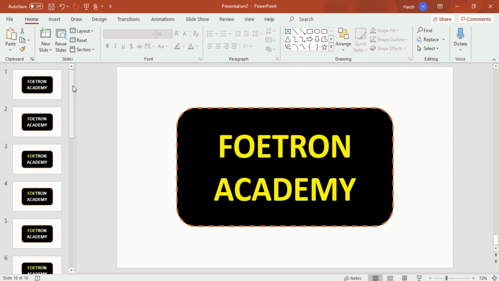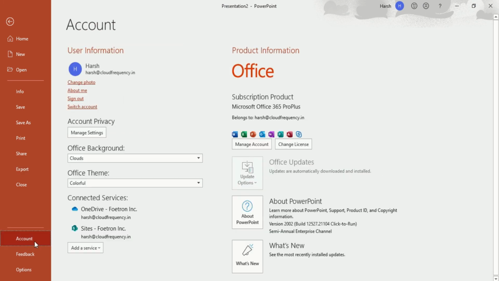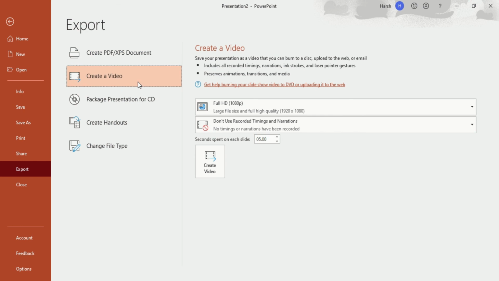So those who work with the beta versions only get the animated version, which is available in export section. In here there is create an animated GIF, but it is not available for all of them who have the account but are not in Microsoft Insider. So we will go again into the export section. So I will tell you, without that also you can make a GIF.